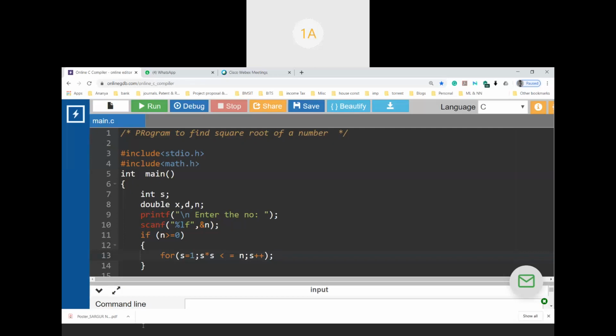Please tell me, after the execution of S equal to 1, the initialization statement in the for loop, what would be the next statement that your for loop will execute? Guys, others can also answer. Comparison statement. Yes, very good. It is Rohan. Rohan and others, you're right.